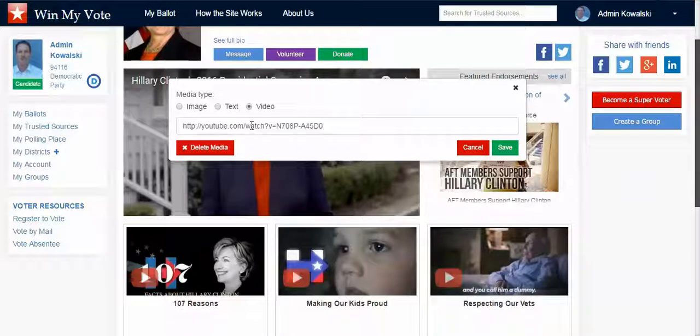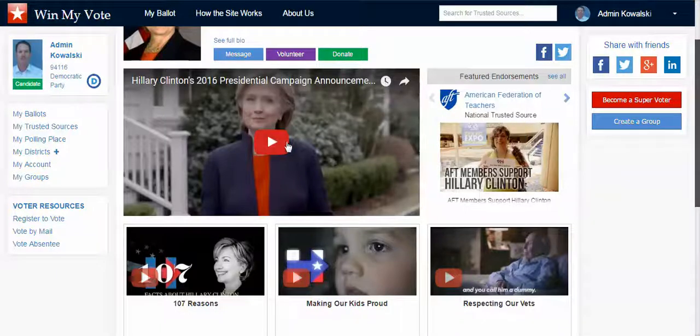And if they choose video, we use the YouTube share URL. So if there's a video up on YouTube, the candidate would simply click on share. They would get a little URL. They would do a cut and paste in here, and then that would play in real time here, so the